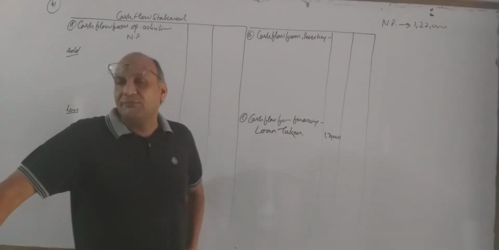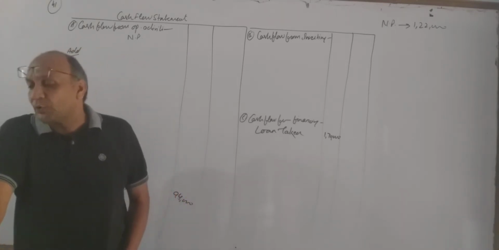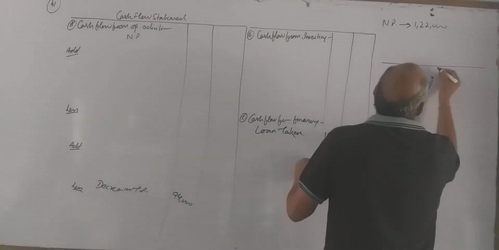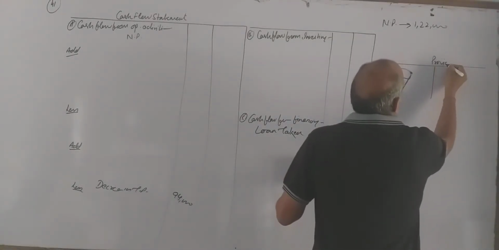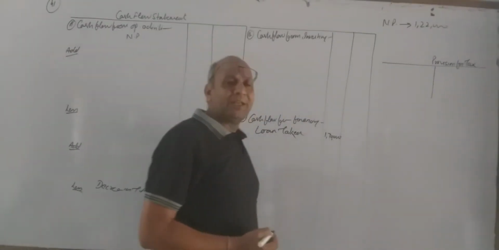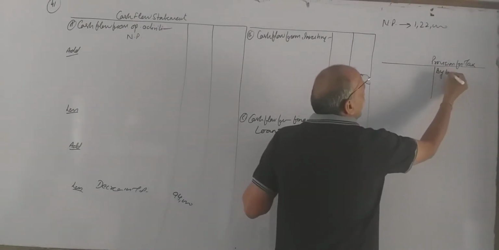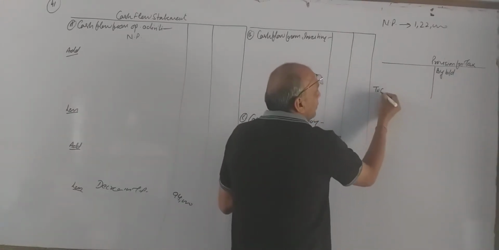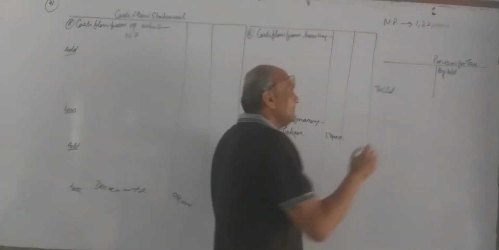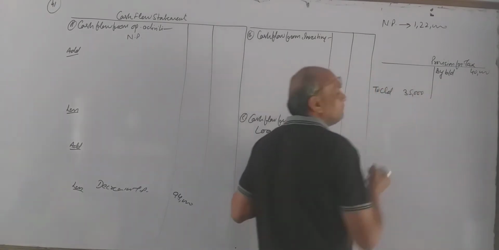In short term provision we have given note number and the item is provision for tax. And for provision for tax we have given one adjustment over here. So we have to prepare provision for tax account. Provision for tax is liability. That's why it is given under liability. Opening balance we will write on credit side, by balance brought down, closing balance we will write on debit side, to balance carried down, and the figures are last year 40,000 and this year provision 35,000.